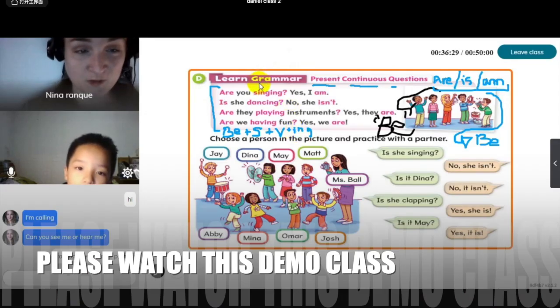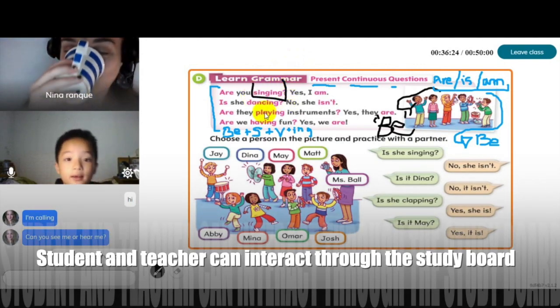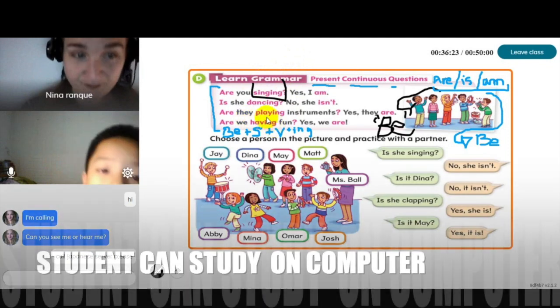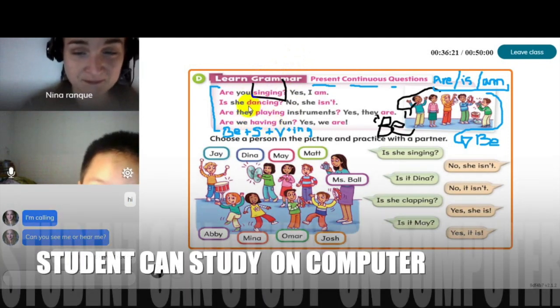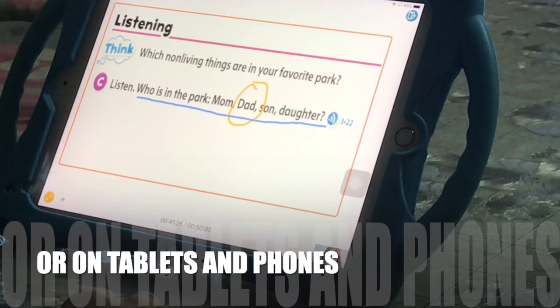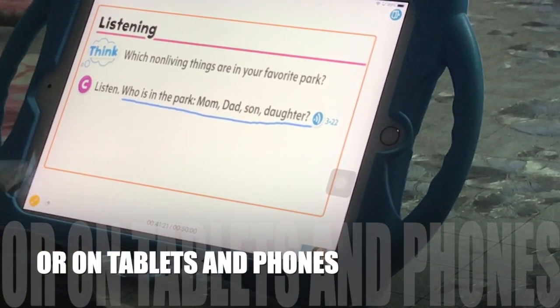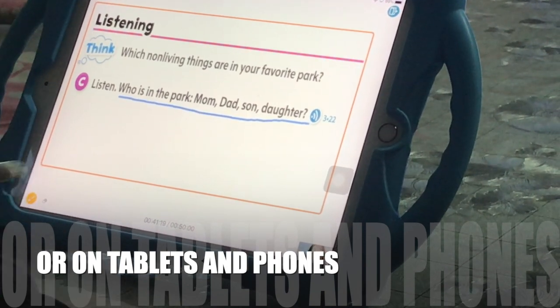What's the first one? Singing, singing, and dancing. Looks like Dad and his son are spending the afternoon in the park, right? Yes. Are they